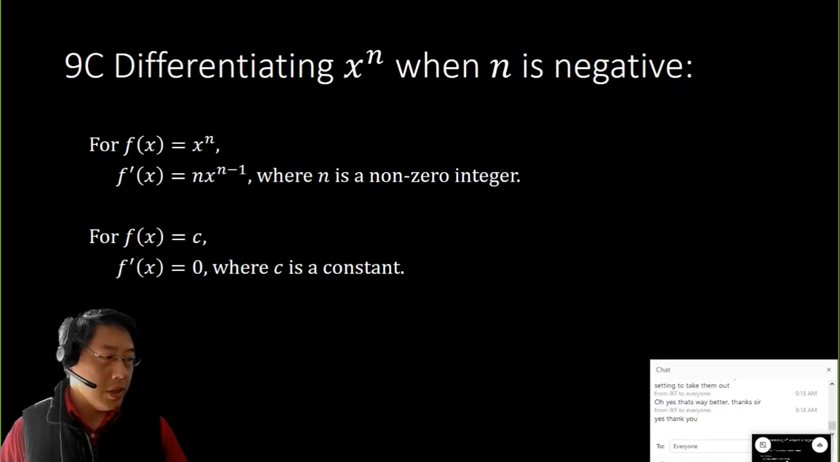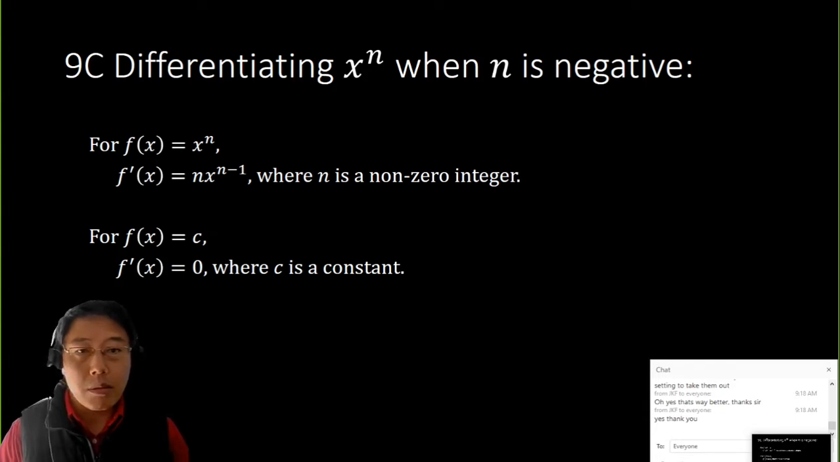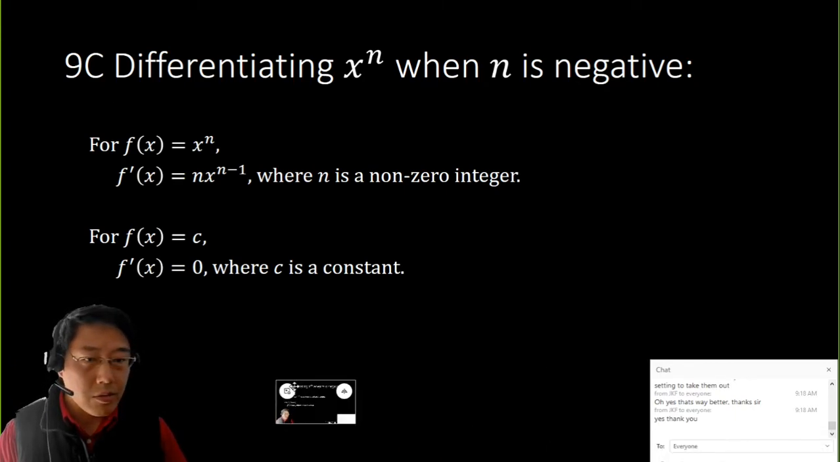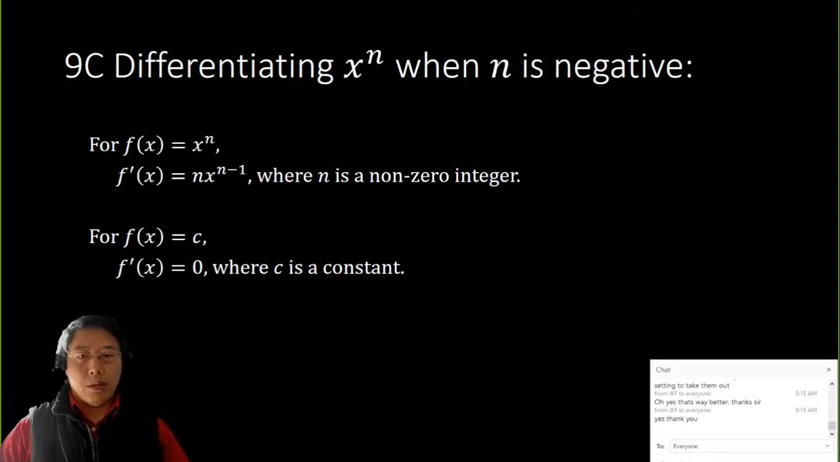Hang on, there's something that is annoying me here. Hold on, bear with me. Yeah, I'll need to remove this one. Okay, so